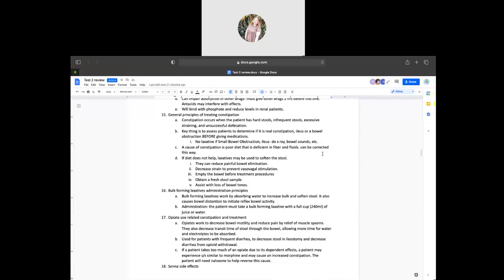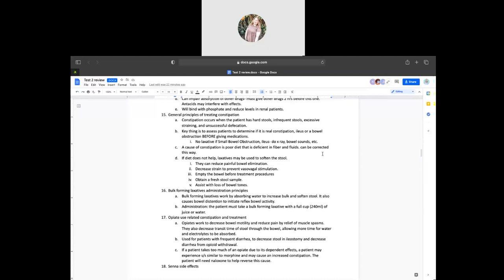We want to make sure to rule out small bowel obstruction or an ileus, and we can do this with an x-ray and listening to the bowel tones. We also need to rule out that diet is a cause. We need to make sure that the patient is getting adequate fiber and fluids, and we can correct it in the diet that way. So if diet does not help,